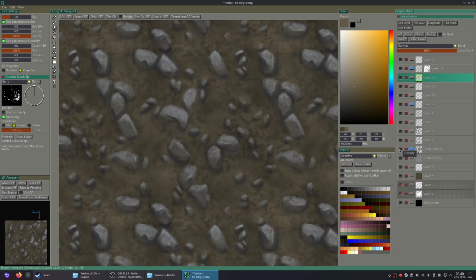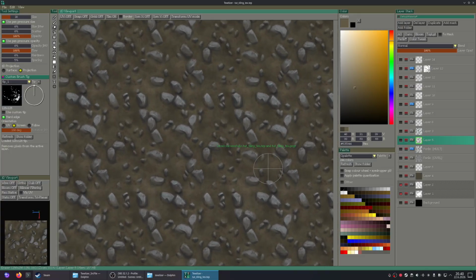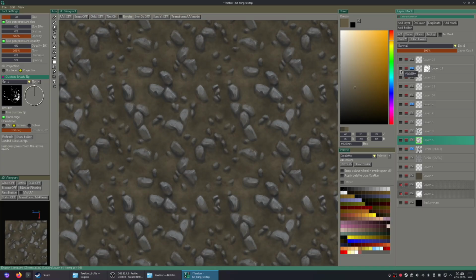I have to say that it's not looking great like that, so let's just tone it down. There, maybe. Okay, but now the tiling is pretty much fixed.